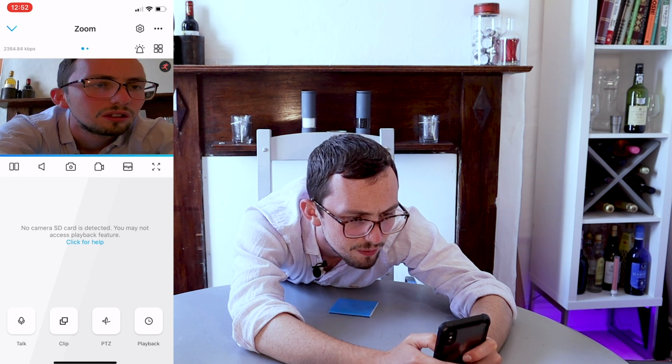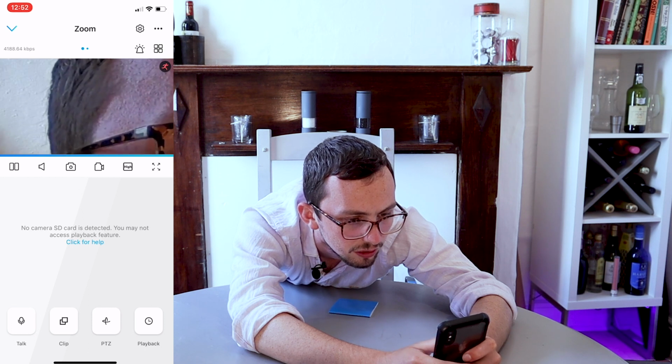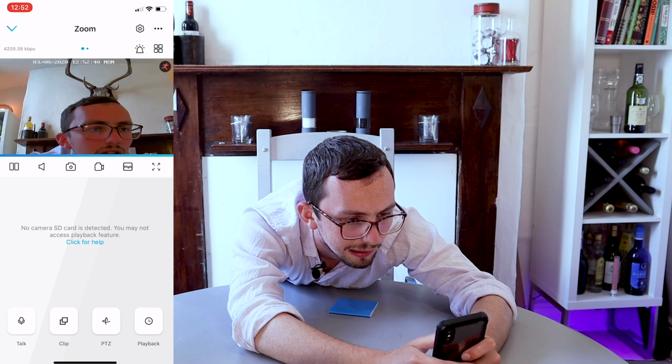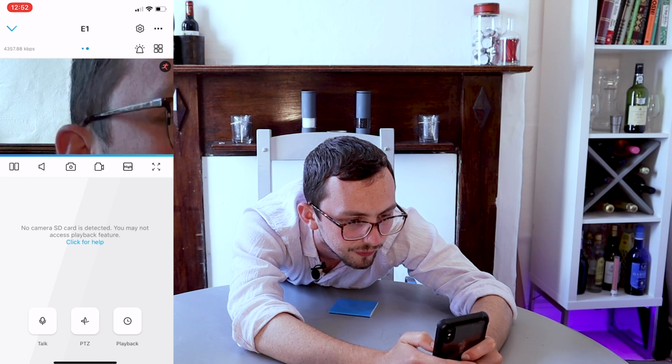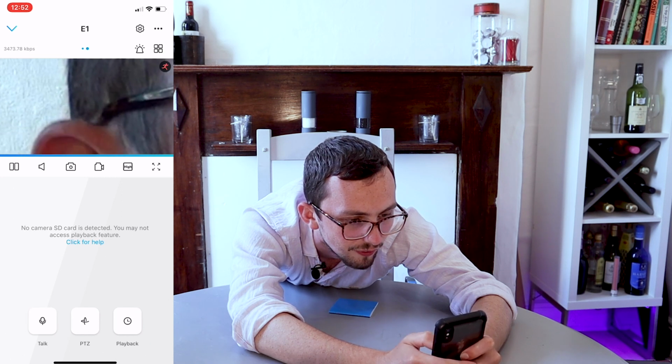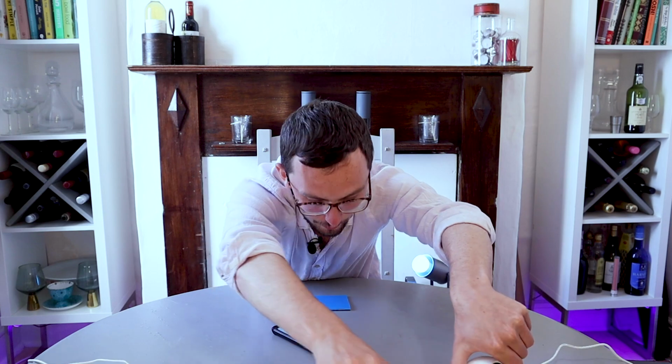And yet, when I zoom in, it's actually nice and clear. Whereas when I zoom into this one, it's definitely a lot grainier and more pixelated. So I think the next thing I could do is test the motion timing, or the motion detection with it, I suppose? So if I point them both that away,